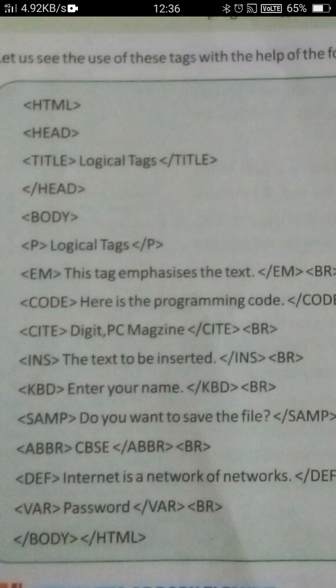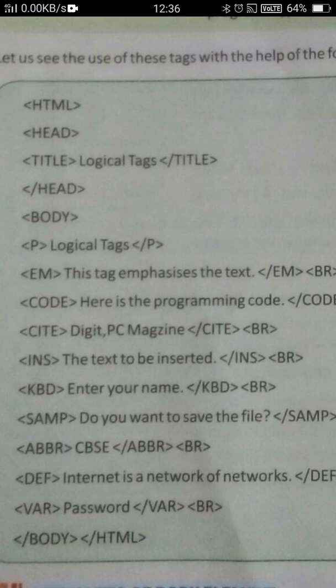Today I am telling you the types of tags on the basis of character. Character tags can be divided into two categories, logical and physical. Firstly, physical tags. The physical tags are applied to particular text. For example, sub tag, sup tag, I tag, bold tag, etc. On the other hand, logical tags are also applied to a text, but they have some particular meanings.